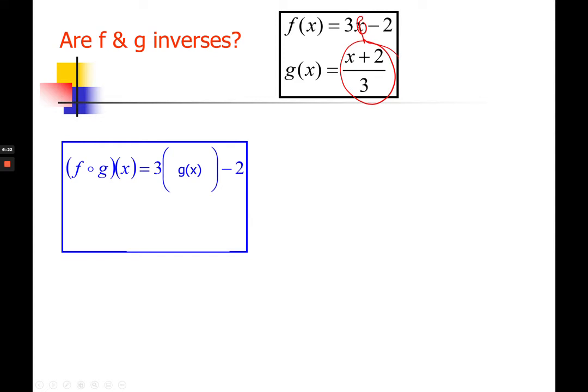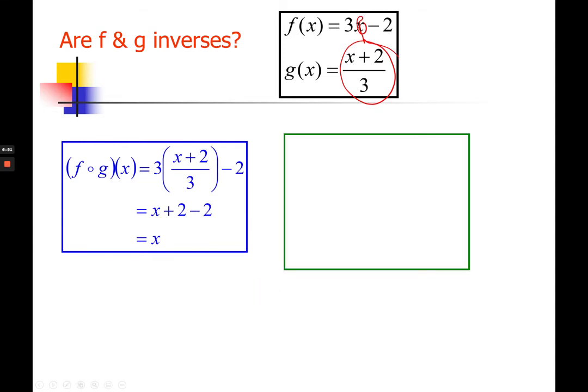G of x is (x plus 2) over 3, so we will replace that one and start your PEMDAS rule. 3 times x, 3x, divided by 3 is x. 3 times 2 is 6, 6 divided by 3 is 2. So actually, it's cancelled. It's just x plus 2, and then copy x minus 2. 2 minus 2 is 0, you have an x, and therefore, the functions f and g are inverses of each other. For the sake of it, we can actually show also g composed of f of x,